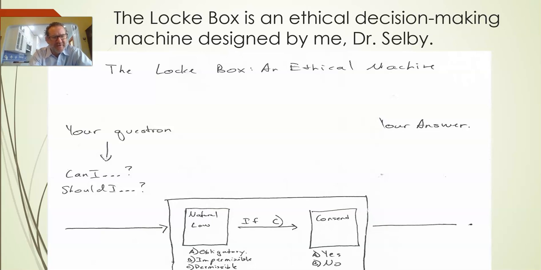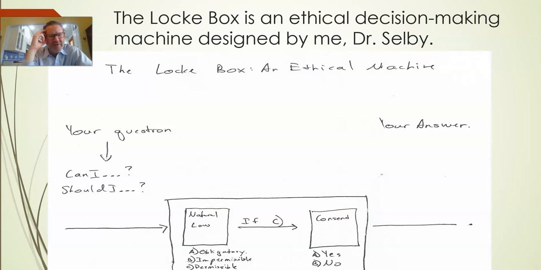And then the first thing you need to ask yourself is, how does natural law apply to this question? Can I murder somebody in cold blood? Natural law? No. You're not allowed to murder somebody in cold blood, right? Can I defend myself if someone's trying to attack me? Natural law? Yes, you're actually, I believe, obligated, according to how Locke puts together natural law, to defend yourself.